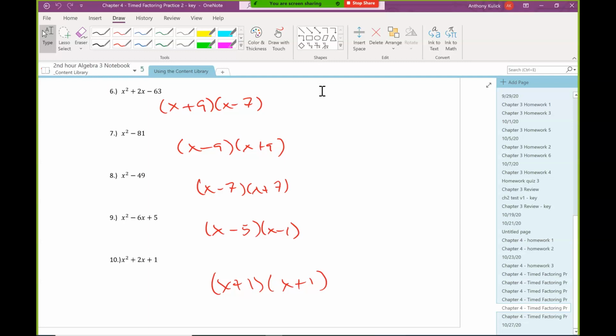So those of you at home, this is the factoring practice 3 that we're going to be doing. This one we're going to do,